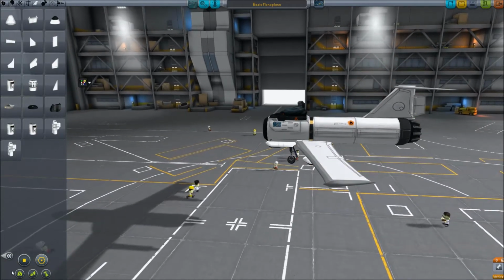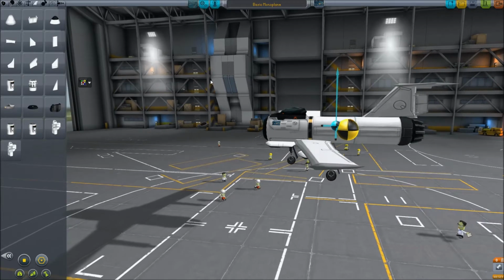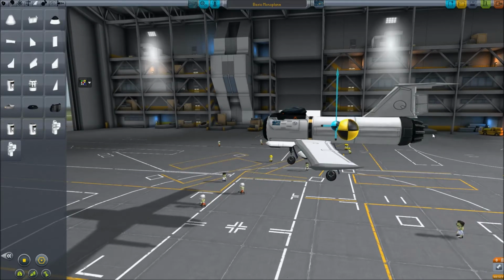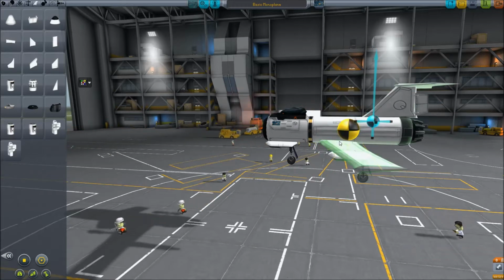Okay, that out of the way. Center of lift, center of mass. KSP Aircraft Design 101. This aircraft has been intentionally borked, and I only touch on this. Everybody knows you put center of lift behind center of mass. If you don't know why